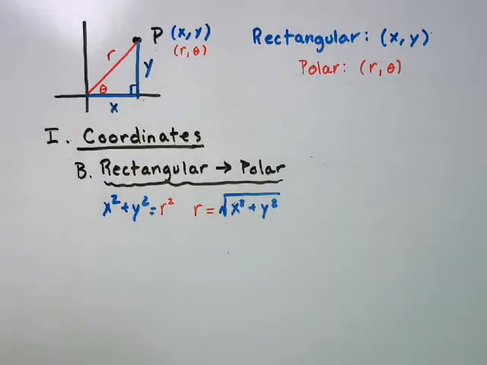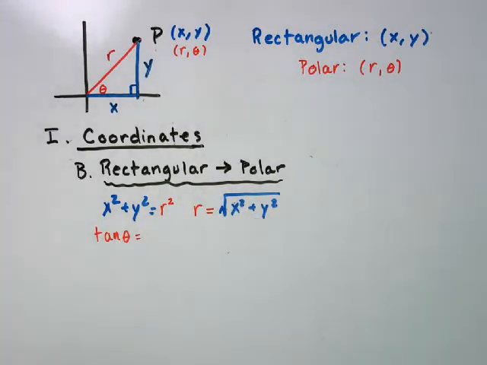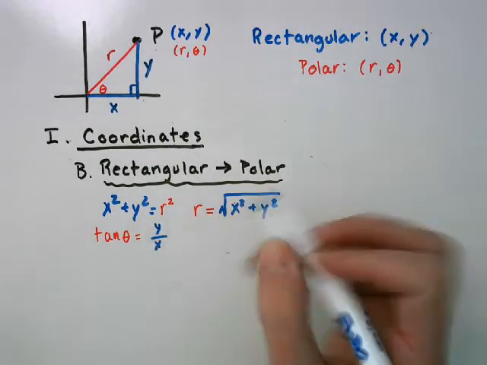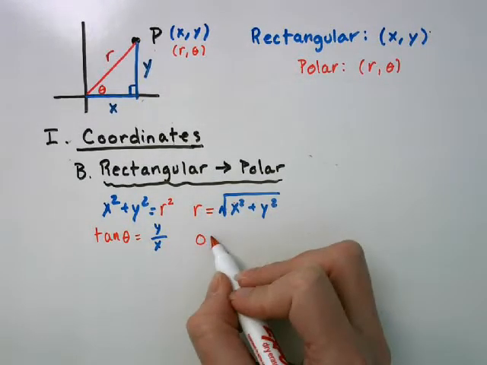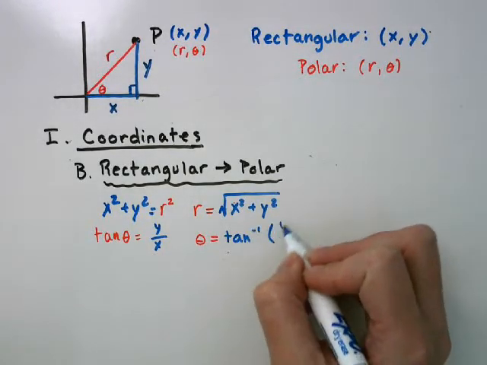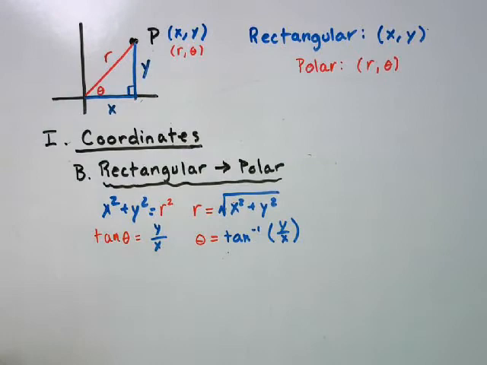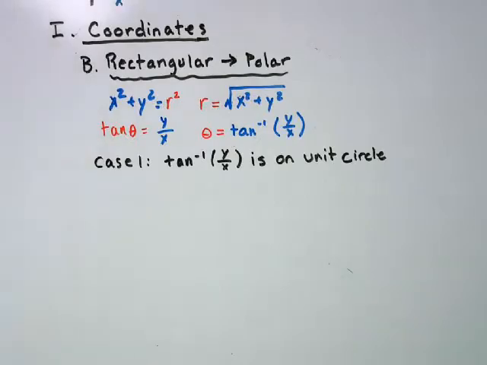For our theta, we know that the tangent of theta is going to equal y over x. So theta will be the tangent inverse of y over x. I'm going to look at this in two different cases. Okay, the first case is that tangent inverse of y over x is on your unit circle. So I suggest you fill in those values on your unit circle. If that's the case,